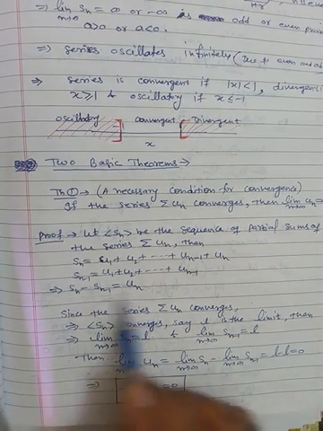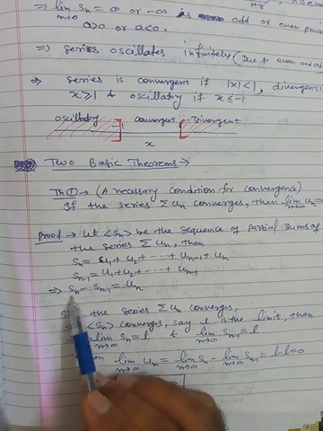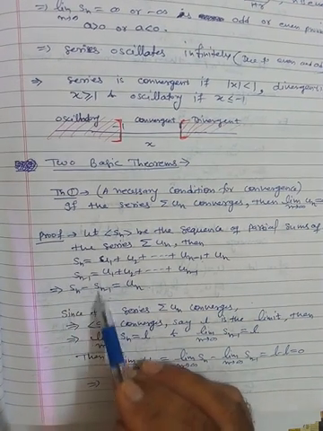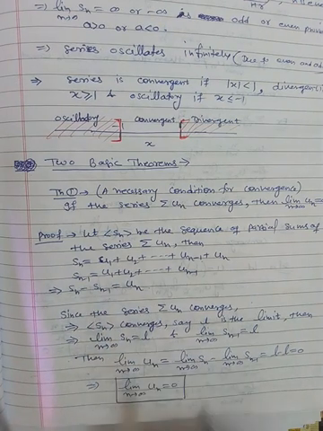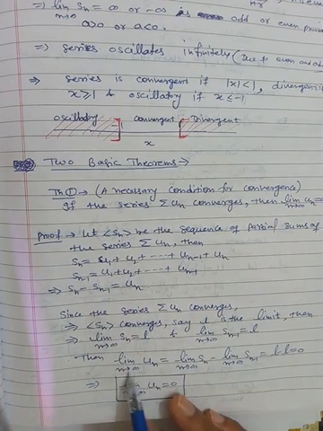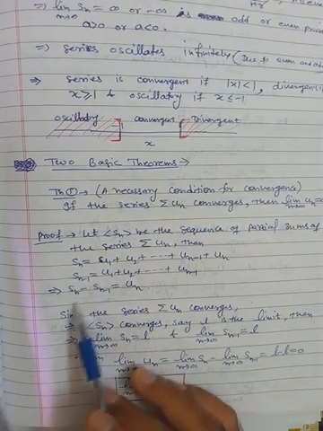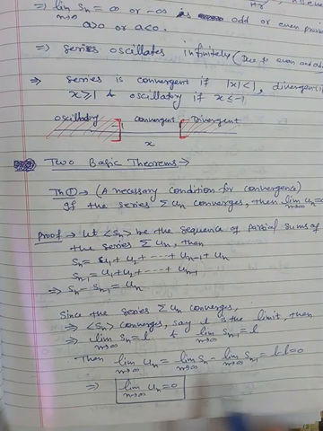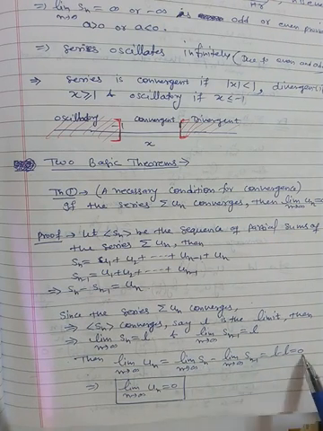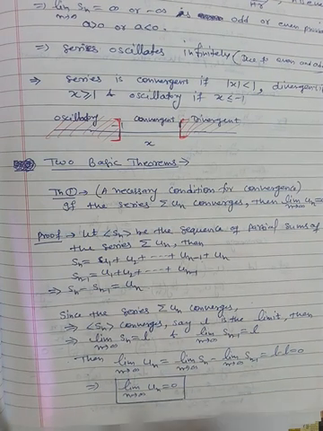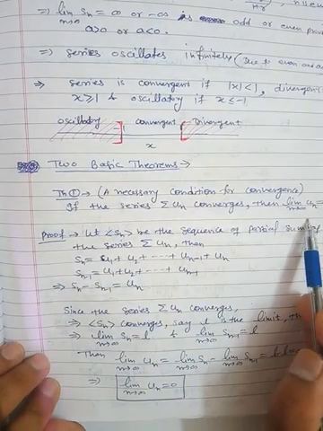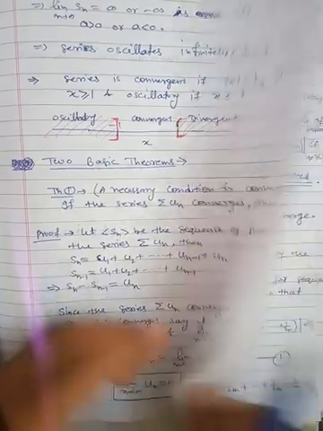Now taking the limit of this equation, what do you get? Here we get L, here you get L, and here is the limit of un. So L minus L will be 0. This is written here: the limit as n tends to infinity of un is equal to the limit of Sn minus the limit of Sn minus 1. Here it is L minus L, so this will be 0. So the limit of un is equal to 0. So if the series converges, then the limit will be 0. But the converse need not be true.